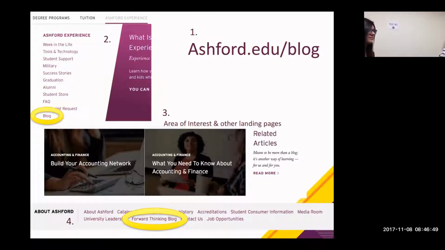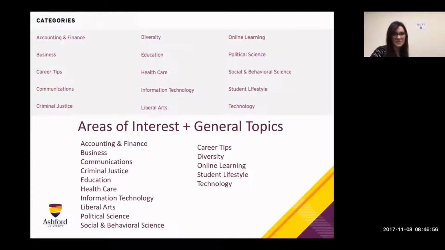I'm going to turn it over to Kelsey to talk about the inner workings of the blog. All right, thanks, Lizzie. The way we use our blog is to connect with students and faculty on different areas of interest, either for students or for faculty, and hopefully really both. It's a place for students and faculty to connect and share those common interests and hopefully grow and enhance the student journey. That's about all I have to say on this page, just to introduce you to the topics that you'll find on our blog.